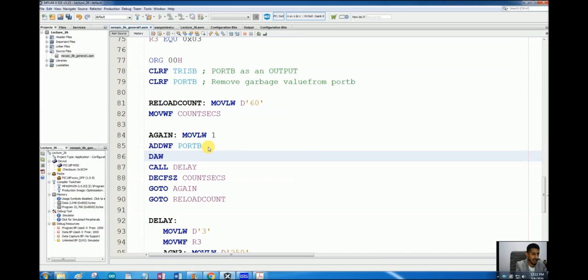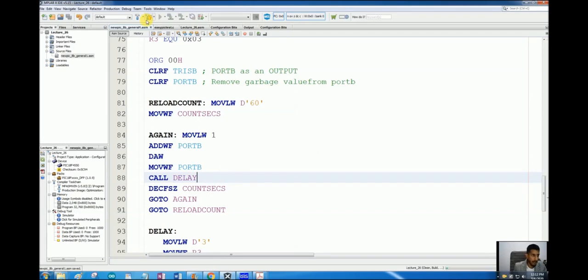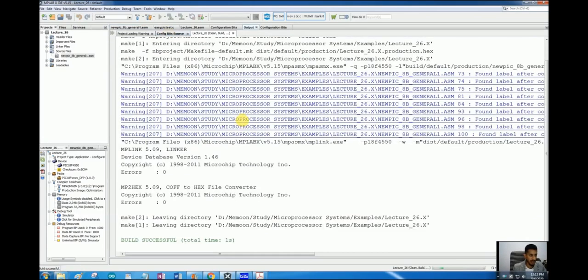So now the working register has the value of incremented port B. All we want to do is move W back to port B. What these 4 lines will do is add 1 to port B, decimal adjust it in the working register and move it back to port B. I think this will serve the purpose.